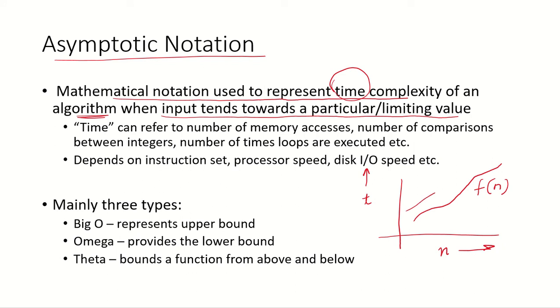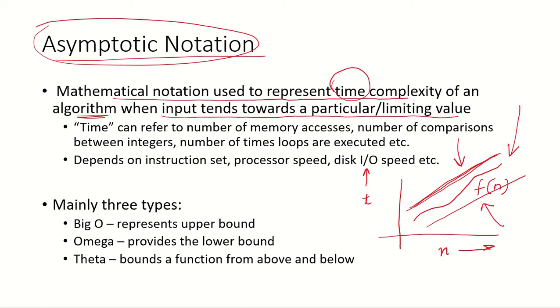So is there any asymptote either on the upper bound or on the lower side which can represent how this algorithm will work, or how the complexity of this algorithm can be represented using these asymptotes? That is why this asymptotic notation will represent the complexity of this particular algorithm.